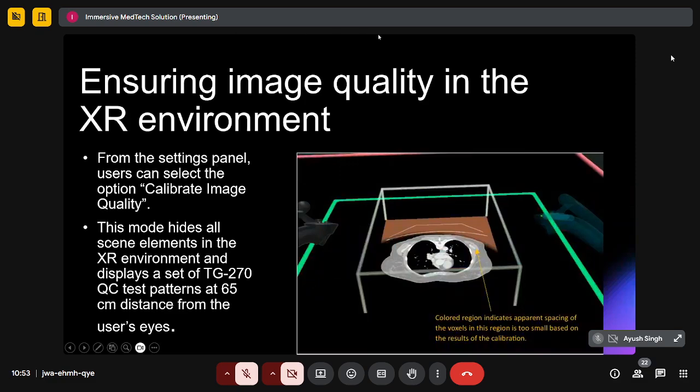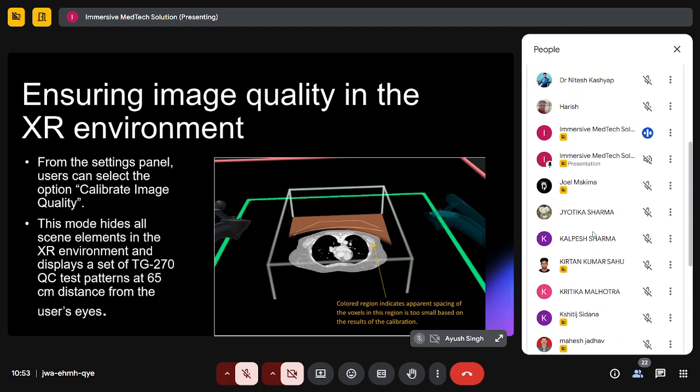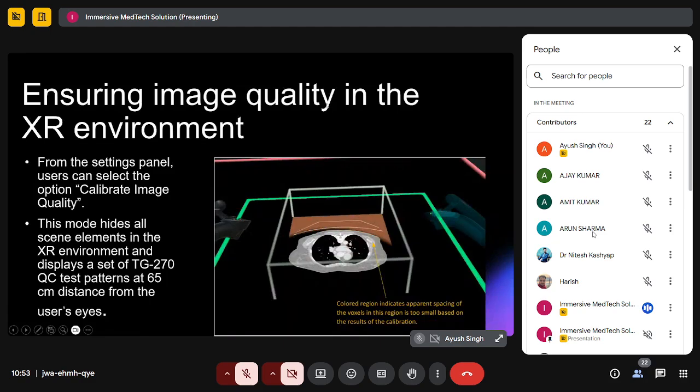Now, there is also a need to ensure the particular image quality, once it is taken in a XR or a VR view, should be accurate and precise. So to cover that, we have one other set of operations where we can calibrate the particular image that we are having, and the color region that you can see in the orange color. So it basically tells us the spacing behind the